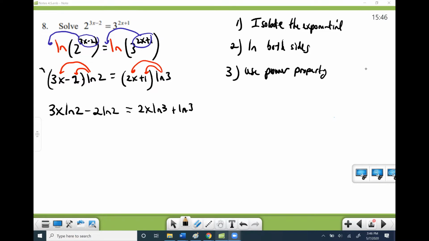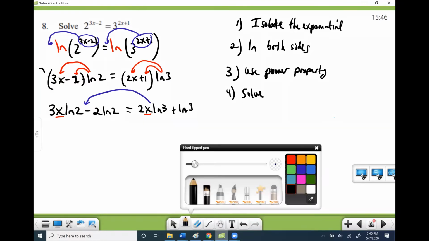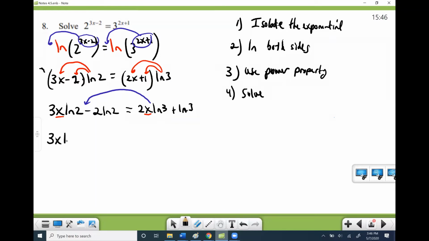So let's see here. There's a couple x's, right? There's an x here and an x here. So we want to make sure that for the solve part, we get all the x's on one side and all the non-x's on the other side. So what I'm going to do is I'm going to move this guy. I'll draw some arrows because I don't want to clutter it up. I'm going to move this guy over to this side of the equation. When I do that, his sign's going to change. So it'll be 3x natural log of 2, minus 2x